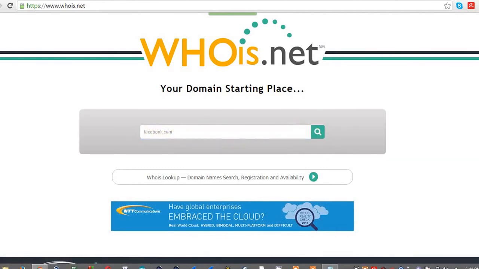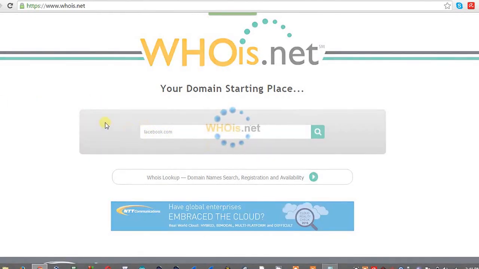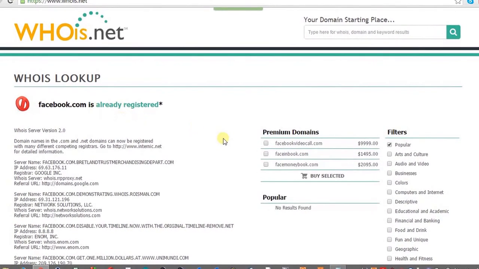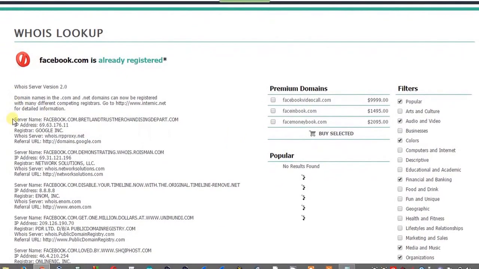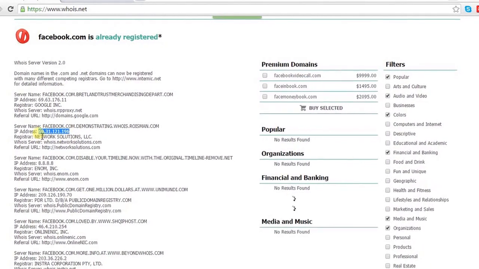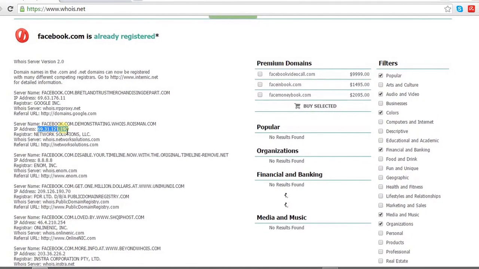Okay, it's already registered. You can see that the IP address of facebook.com is 69.31.121.196.